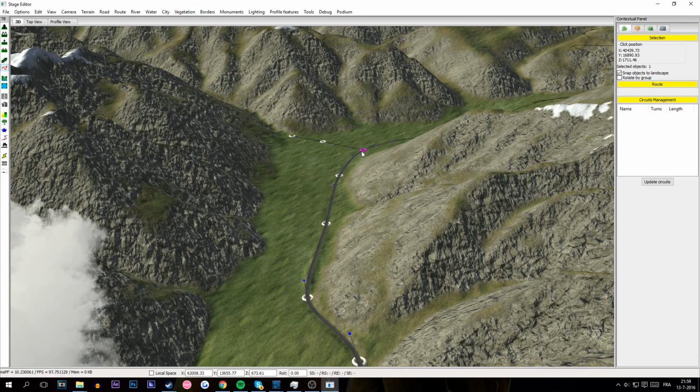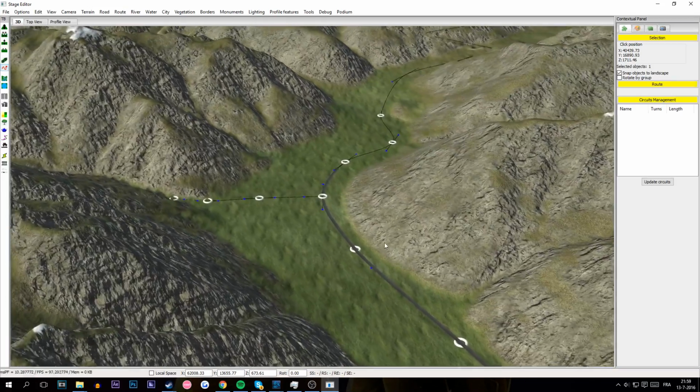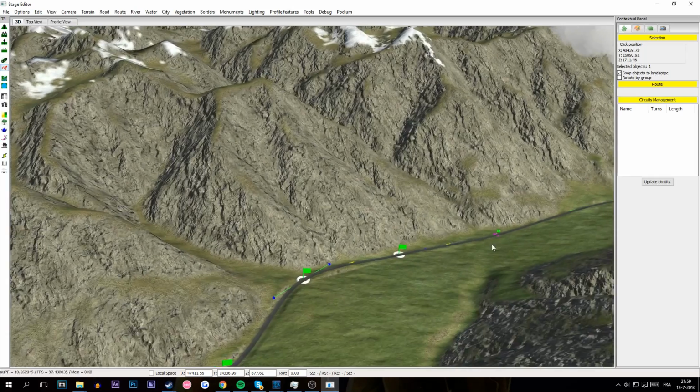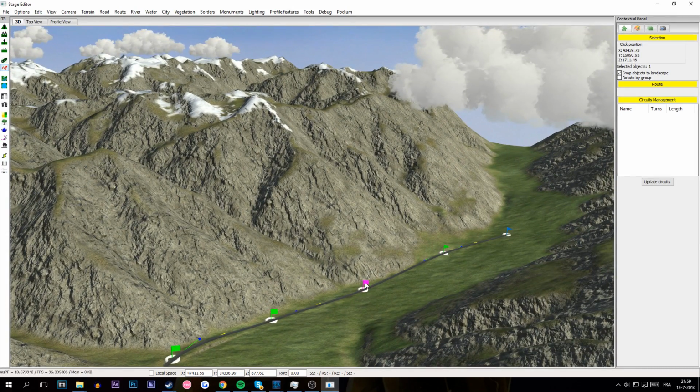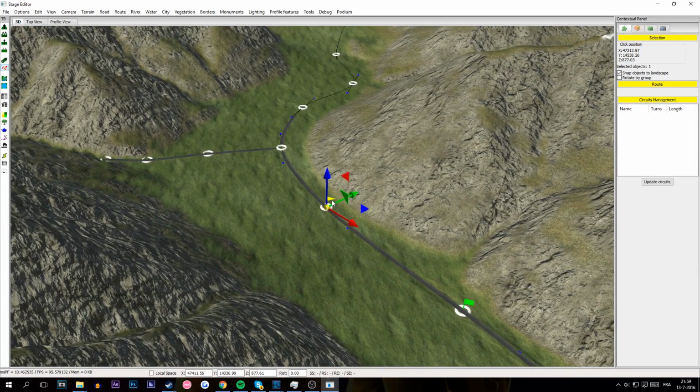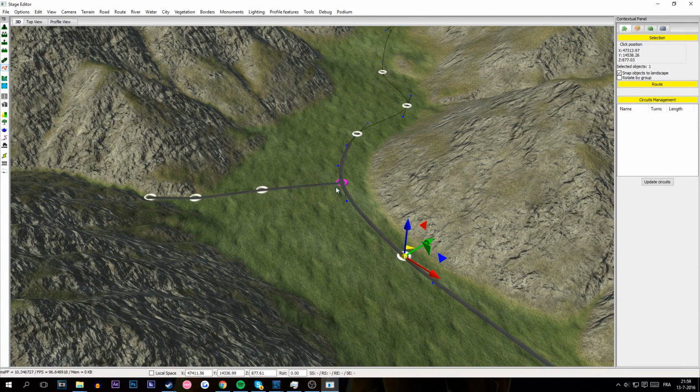But this won't work if you have intersections on your road. So if you have an intersection, you can skip all these. Also you can see the ones you skipped. The ones you skip have a square or rectangle shaped flag. The ones you click yourself are marked with a triangle shaped flag. So basically what you want to do when you get to an intersection, you want to click on the previous checkpoint of the road,